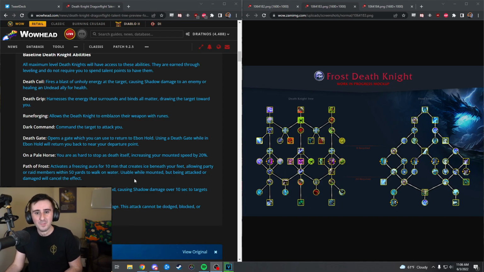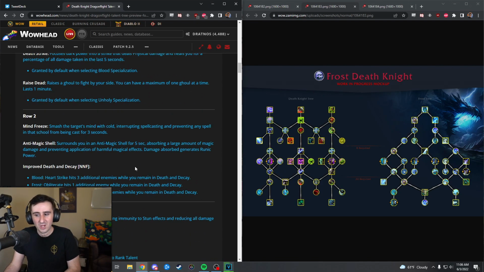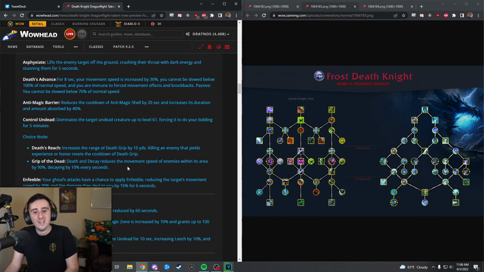So right from the top, the baseline Death Knight abilities. It's worth noting there is not a raid buff here like there was for Druids with Mark of the Wild, so potentially we're seeing some classes are being added to the raid buff team, and DK is not among them, but there is some very powerful utility in the DK tree, such as Anti-Magic Zone, such as Abomination Limb, such as just Grip, and I think Gorefiend's as well we've got hanging out down here as well. So these are potent effects, but they don't...